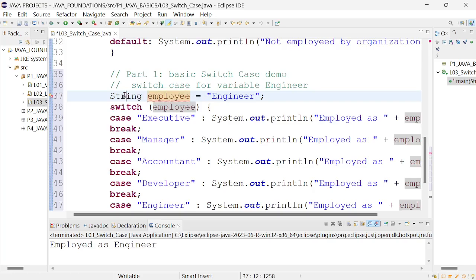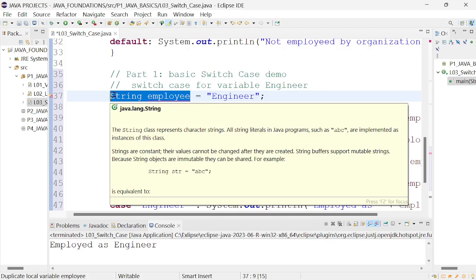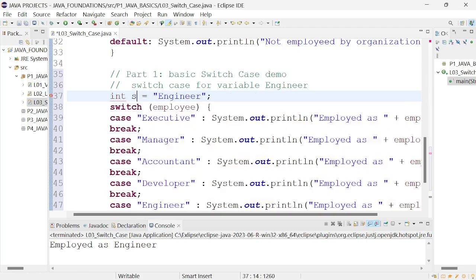I will add it as here. Integer salary. Integer salary would be, let's say, 80,000. Switch case salary is gonna be part 2,